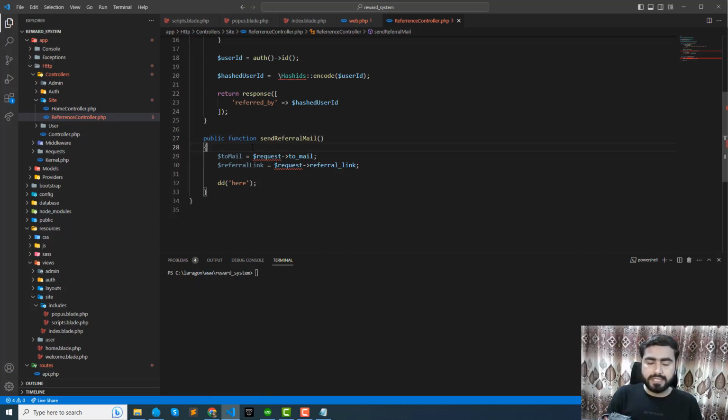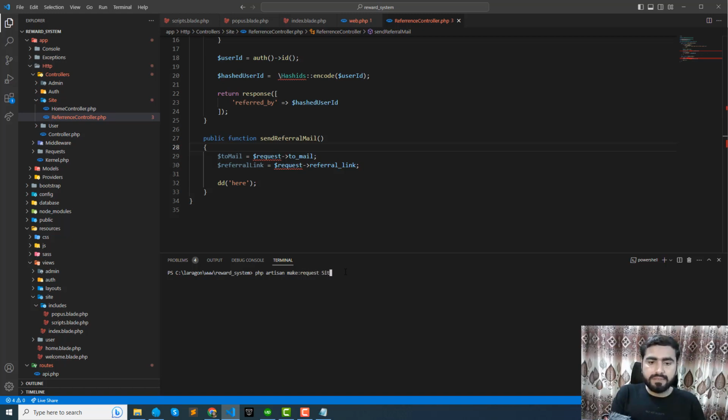You can add the logic here, but remember to follow the SOLID principle. SOLID says that your classes are responsible for only one functionality. So you need to add the validation logic into a separate class and import this class here, right? So simply go here and type php artisan make, what's the name of the command to create the request? It's make request,